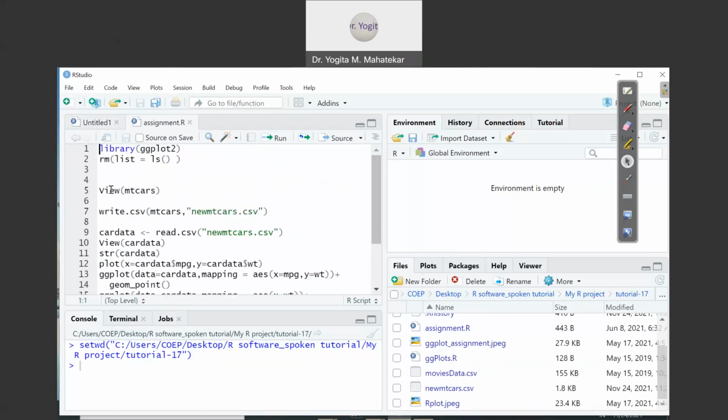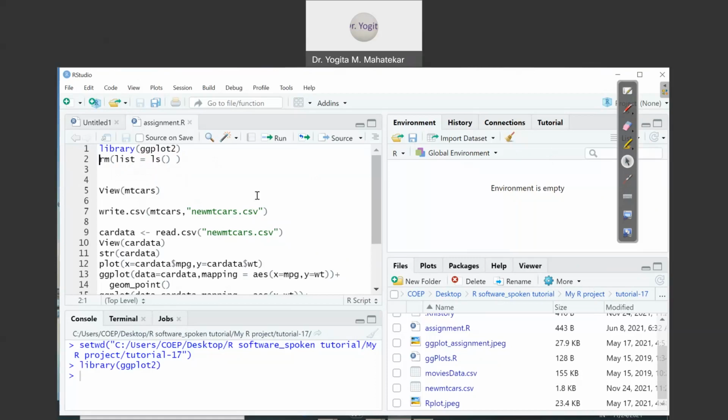Now we can see that the very first line inside the script file is library, inside the round bracket, ggplot2. So let me compile this first. In other words, by this command we are calling that package ggplot2 on R, so that we can use all the facilities that are available inside this package.